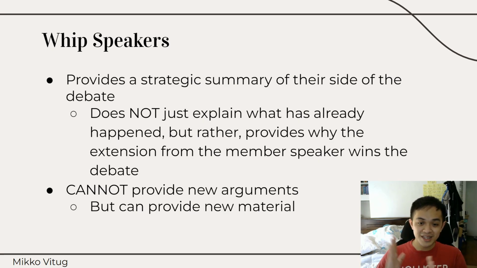This is a very thin line, one that is not clearly drawn out, and one that, in my opinion, many manuals still struggle to draw. I guess the most intuitive rule of thumb is, are they providing a new piece of material that is fundamentally changing the direction of, not necessarily the direction of the debate, but the direction of the extension speaker? And is this material something that cannot be logically derived from the extension speaker or other material that exists in the round?